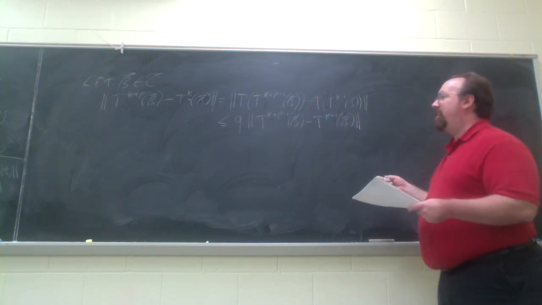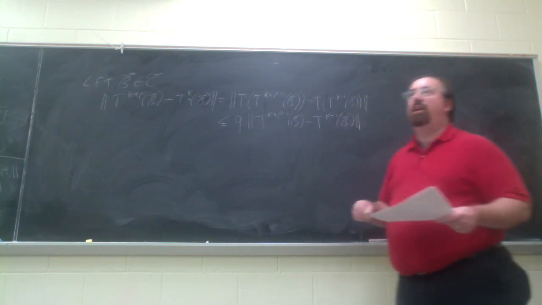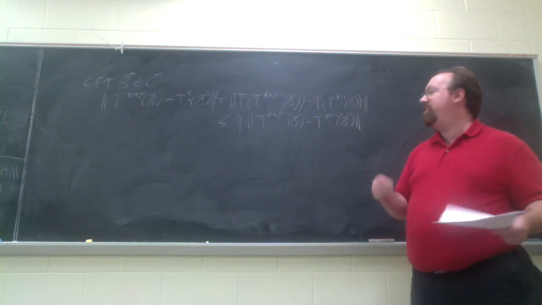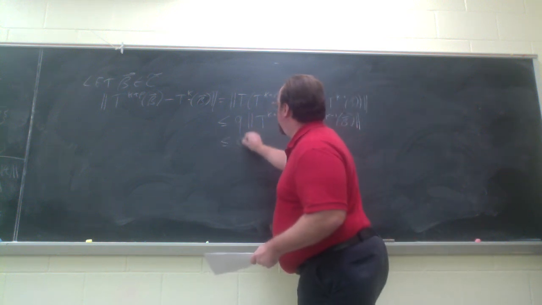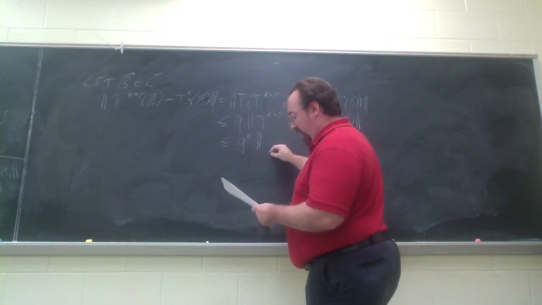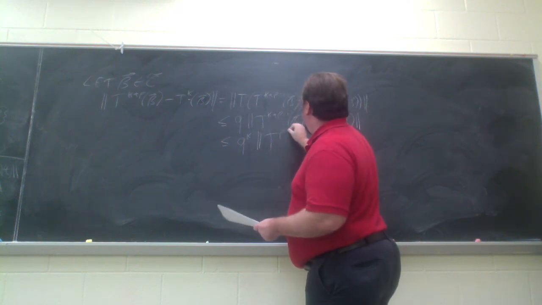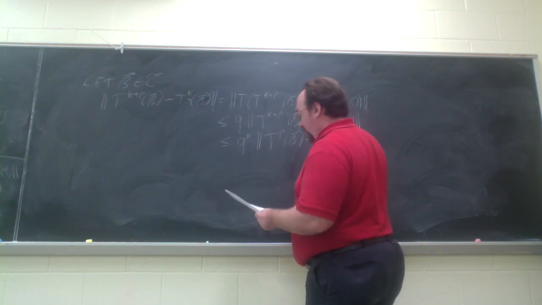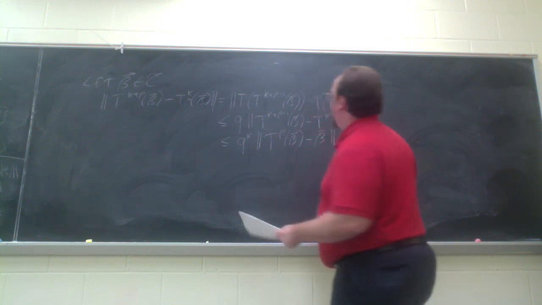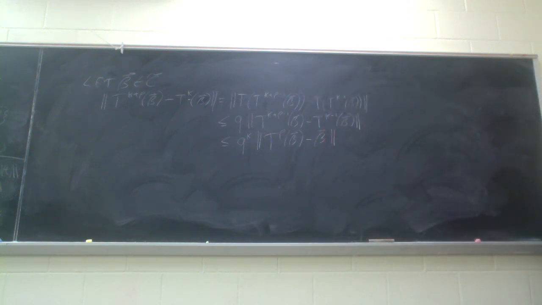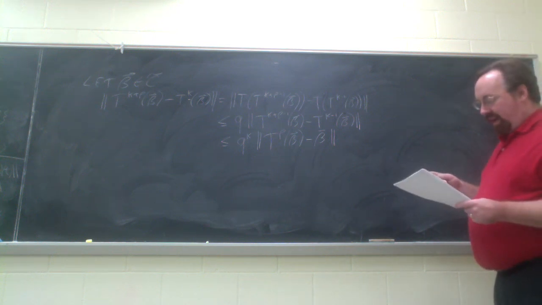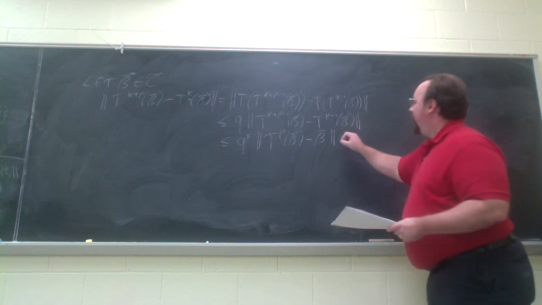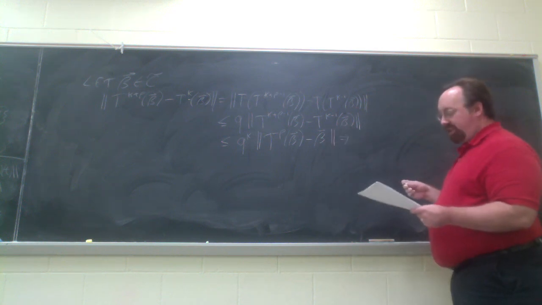And every time I factor that out, I get another factor of q. So if I carry out what I just did k times, I end up with q to the k over here, and I get t to the p of beta minus just plain old beta. So I factored t out k times and gotten k factors of q because I have a less than or equal to now. Okay. Now I'm going to specialize to the case where p is equal to